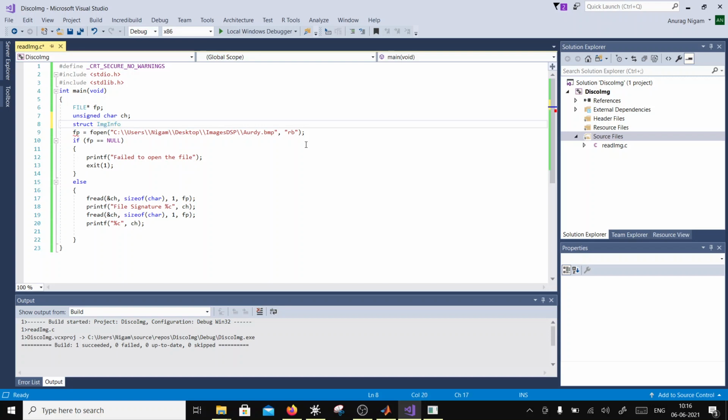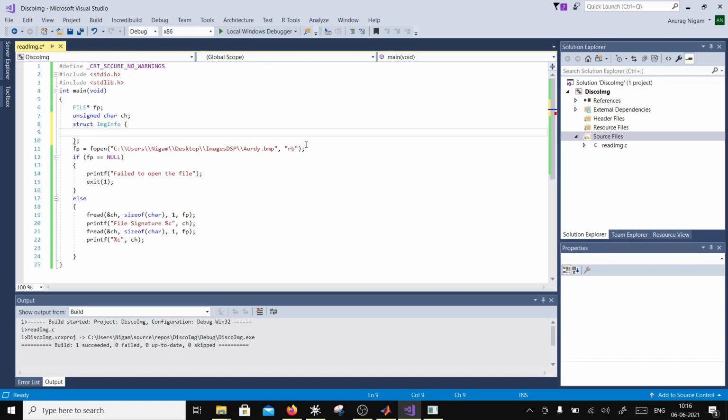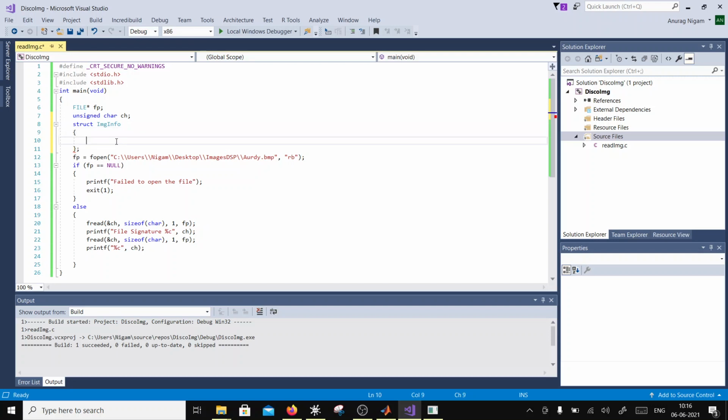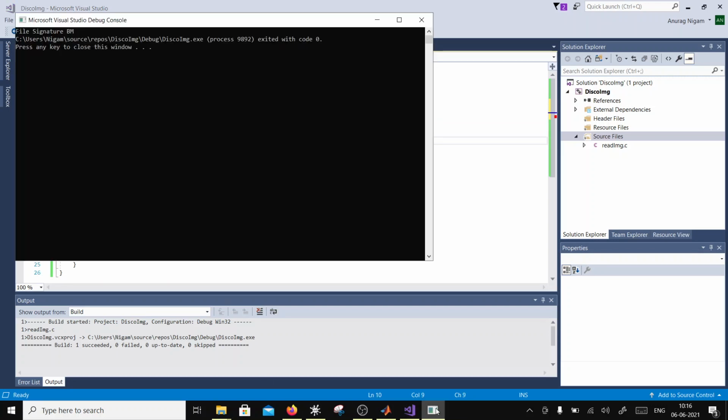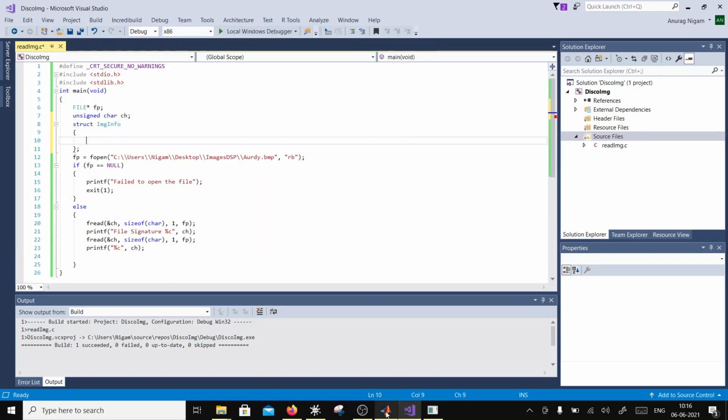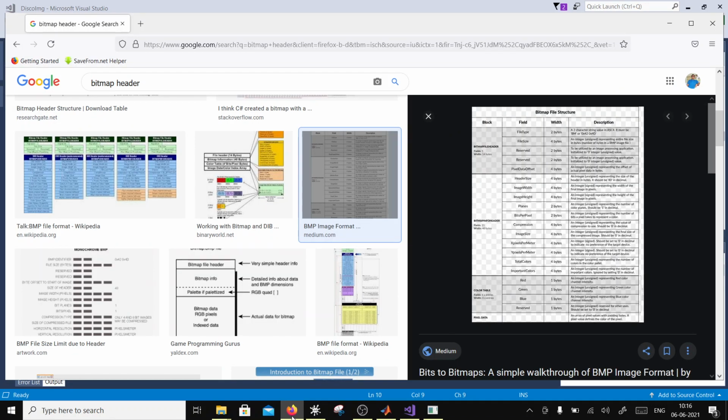Let's see what I expect. The file pointer has moved to here now. I expect an integer, a short, and an integer. So the first integer is going to represent the file size.